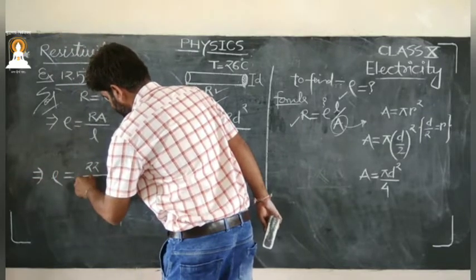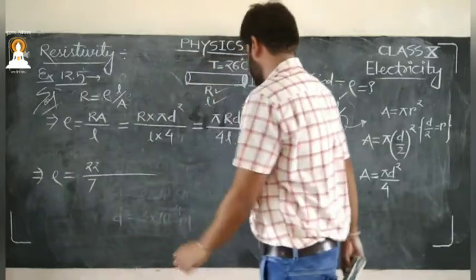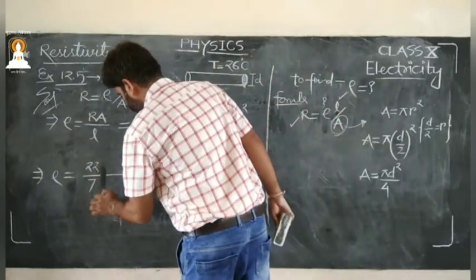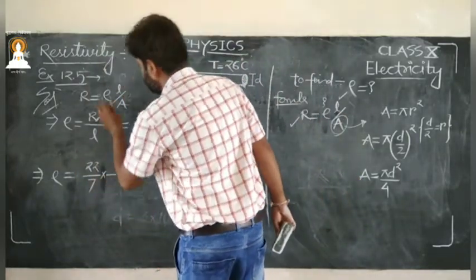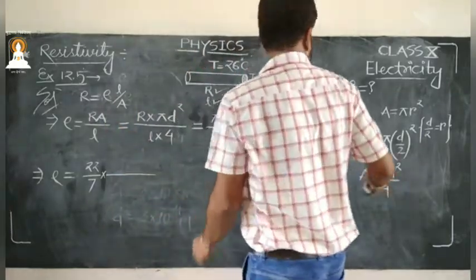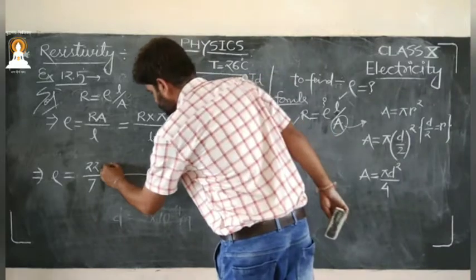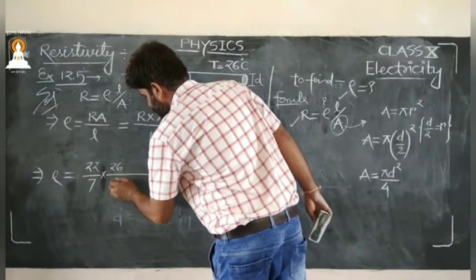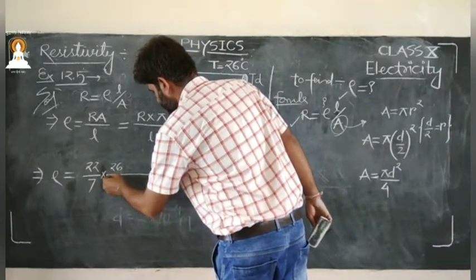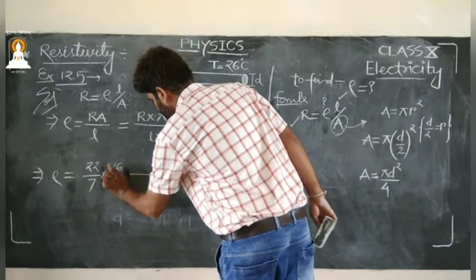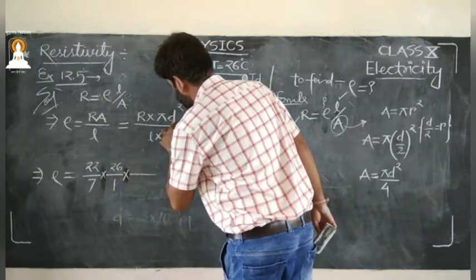Multiply by R, which is 26 ohm, so this is 26 by 1. Then d square, where d is...